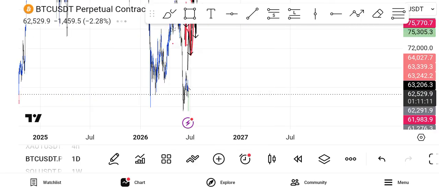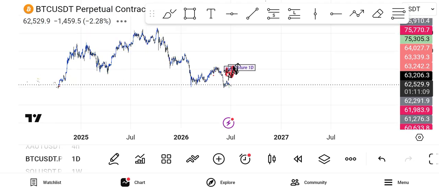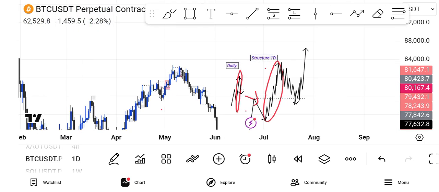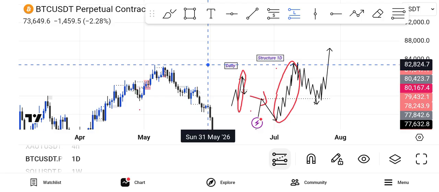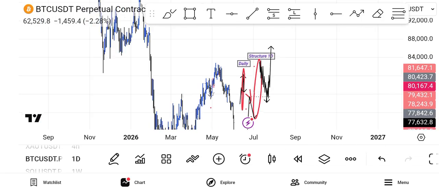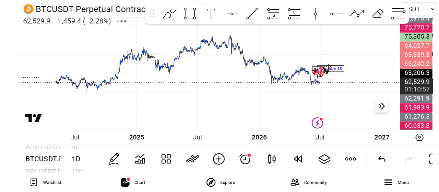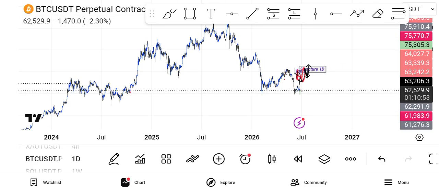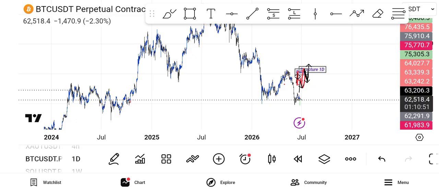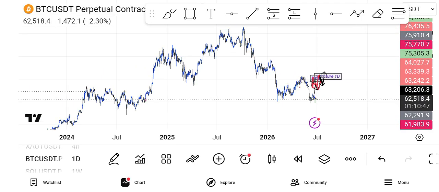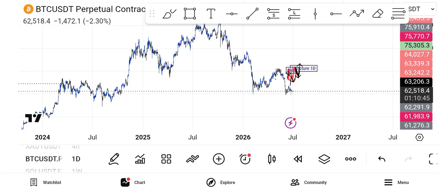So I told you the first thing you want to do is go to the daily time frame. Let me take all of this out. So the first thing you want to do is go to the daily time frame. Now this is BTC on the daily time frame here, and I'm going to be using a lot of illustration for this. So if you see BTC price action on the daily time frame,